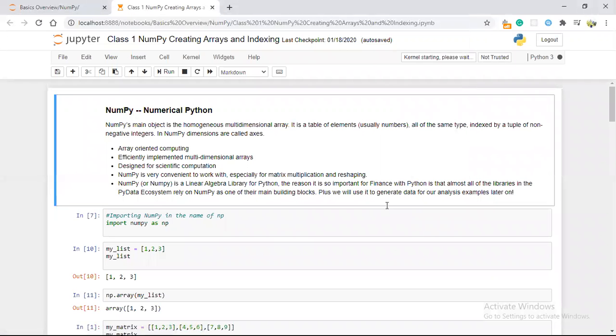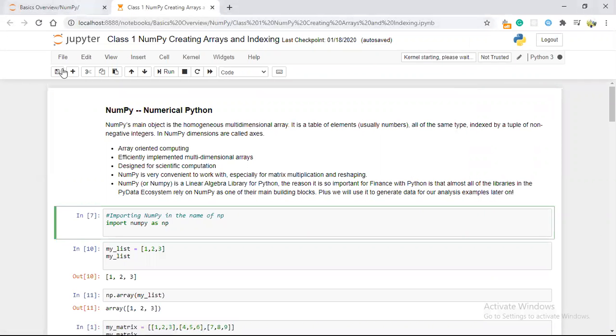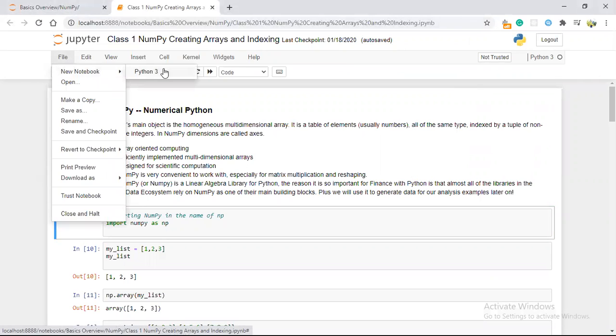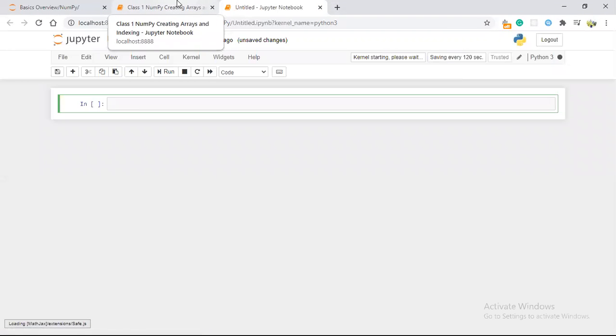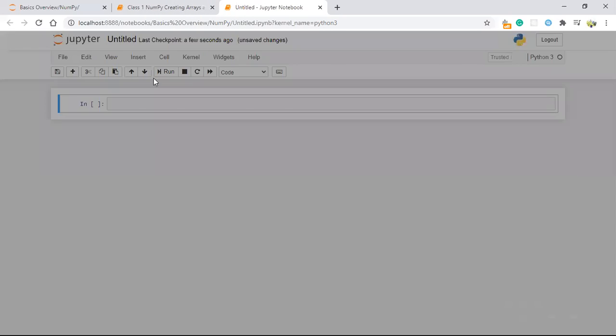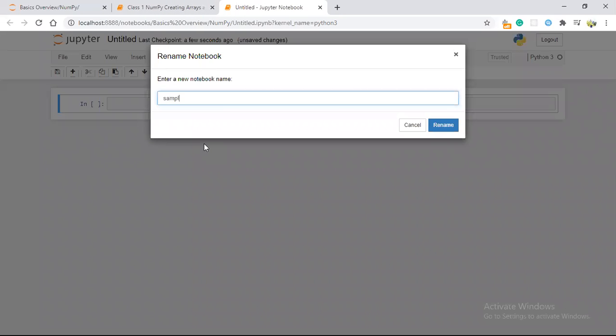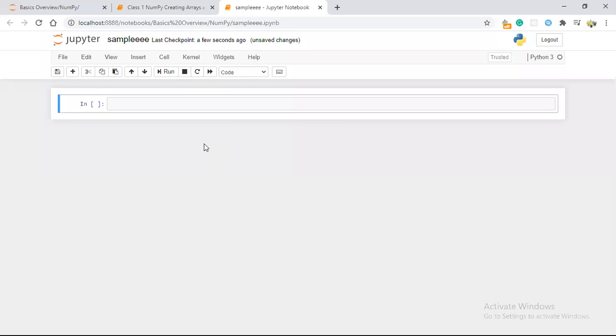When we want to start any new file, go to File, New, Notebook, and it will open a Python 3 notebook in another URL. By clicking on Untitled, we can change the name. Now the import statement. We are already aware of what an import statement is. Import is used to get a library or another Python file.